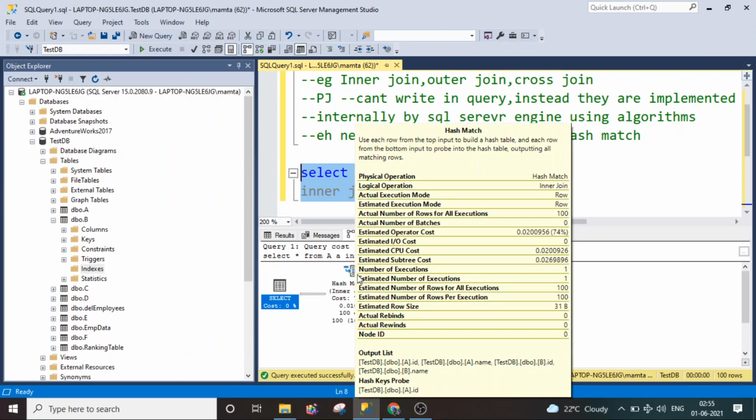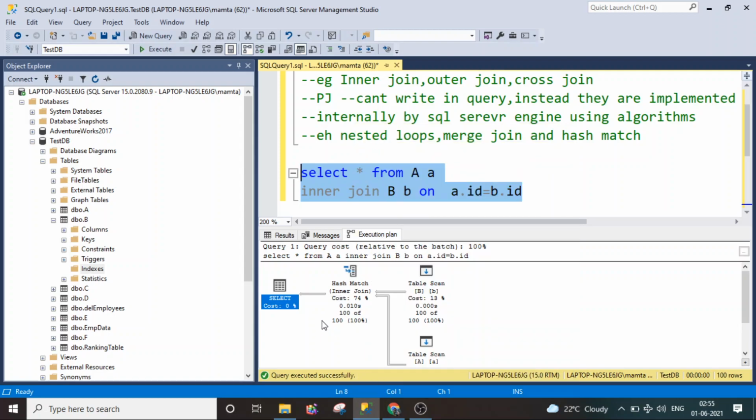This is the physical operator used to get the data, and in the bracket we can see it is written inner join. That means the logical operator is what is written in the query, but internally, behind the curtain, the database engine decides which physical operator is used.